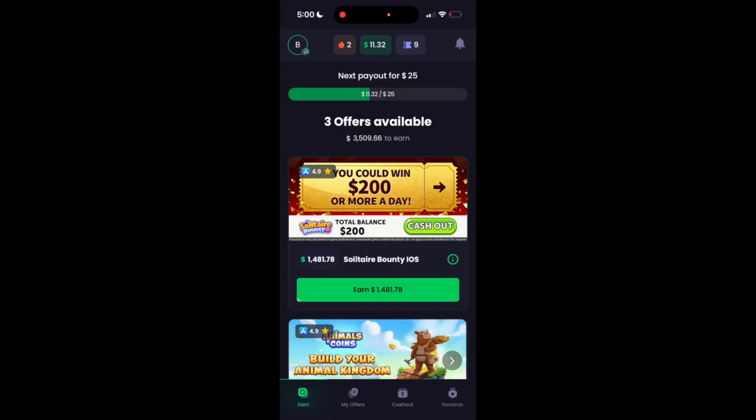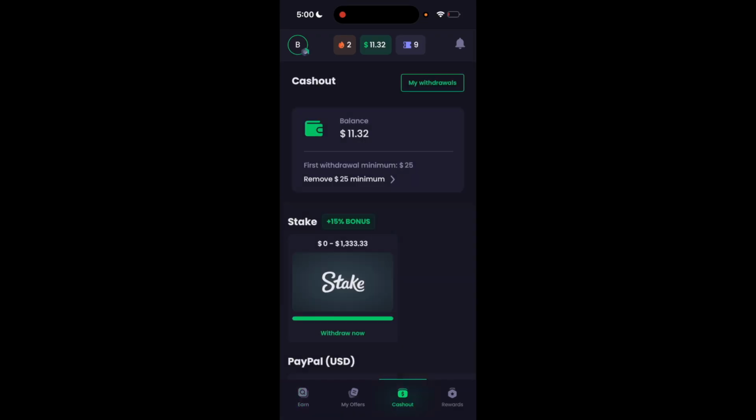So in this Freecash tutorial video, I am going to be showing you guys how to withdraw money to your PayPal account here on Freecash. So once Freecash is opened up, I want you to go to this bottom bar and select the cash out icon. Once you're on this screen right here, you can go ahead and check your balance and see if you're